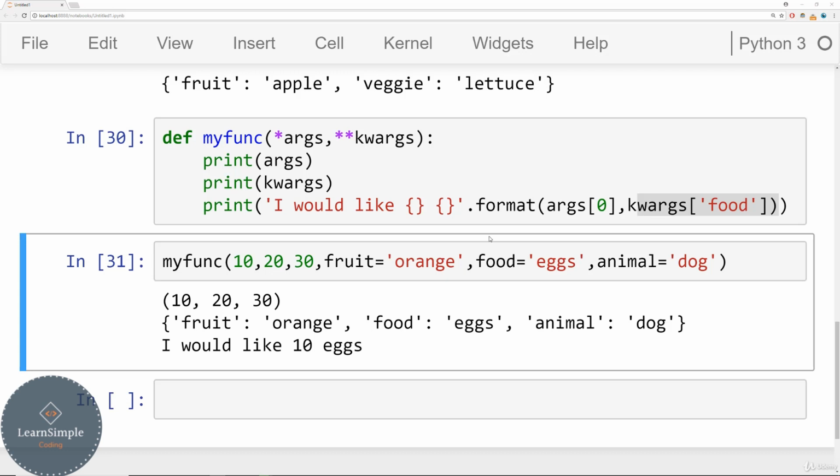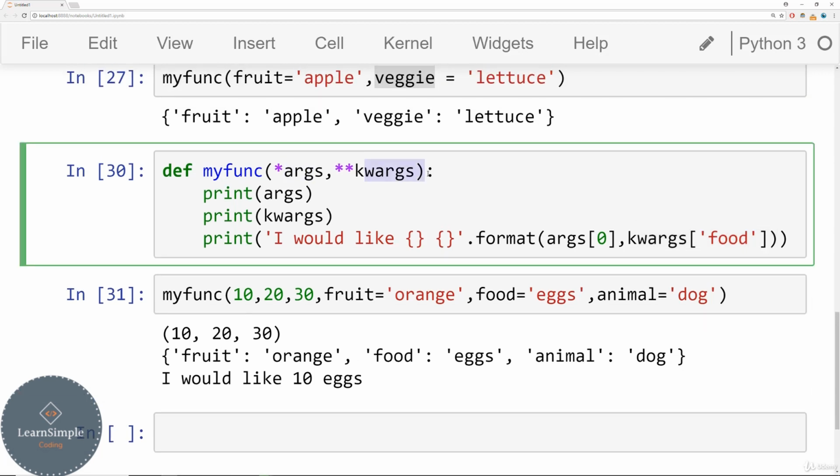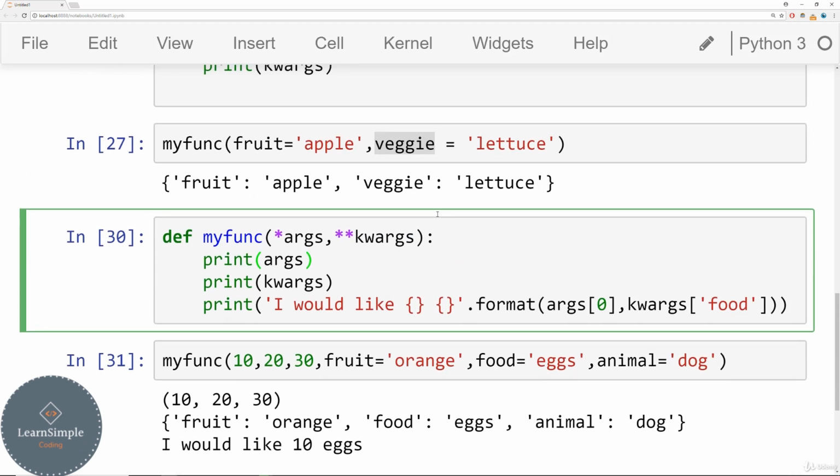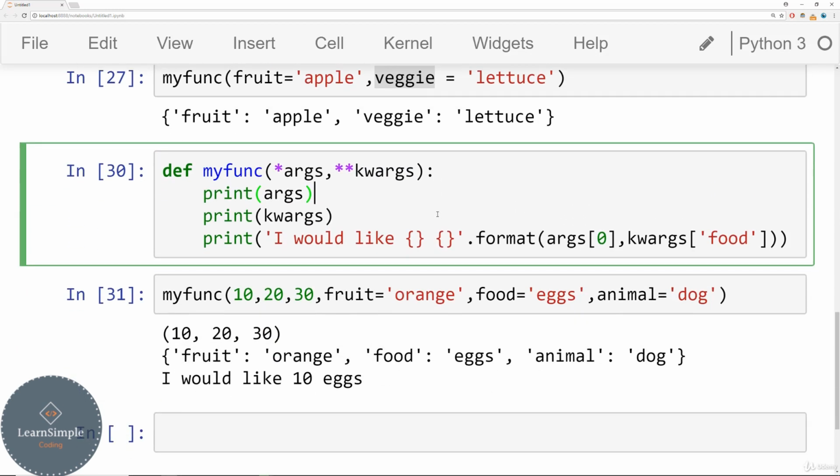And again, this allows you to take in an arbitrary number of arguments that you don't need to define beforehand. And this is going to be especially useful when you begin to use outside libraries. So right now, at your current stage, you're not going to find a whole lot of use cases for args and keyword arguments, but later on, they're going to become incredibly powerful tools for you to leverage in your own code. But for right now, you should just keep in mind that you have a way to accept an arbitrary